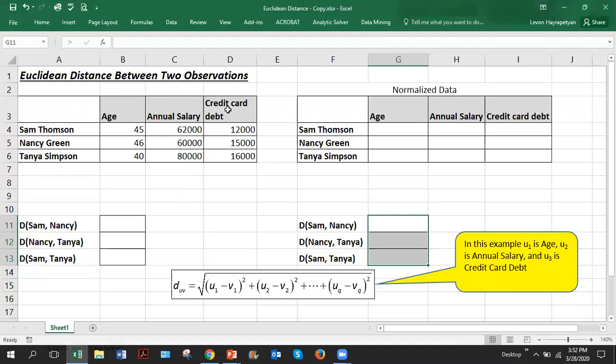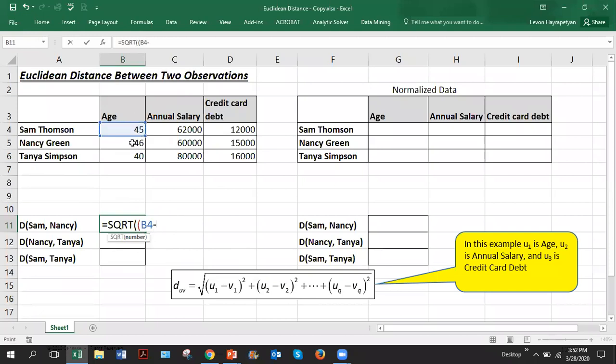Well, this is the same information which you just saw on the slide. Now let's calculate between Sam and Nancy, which means between these two observations, it will be equals square root, SQRT. So what I'm doing, I'm implementing this formula when U1 is the age, and U2 is annual salary, and U3 is credit card. So U1 is for first observation, like in this case for Sam, and V1, V2, and V3 are for the second, for Nancy. So I'm implementing this formula, square root of